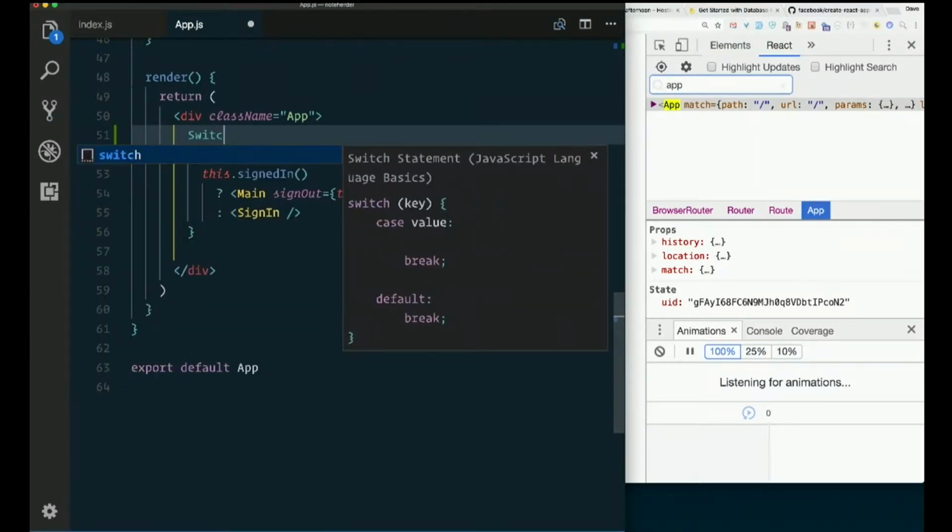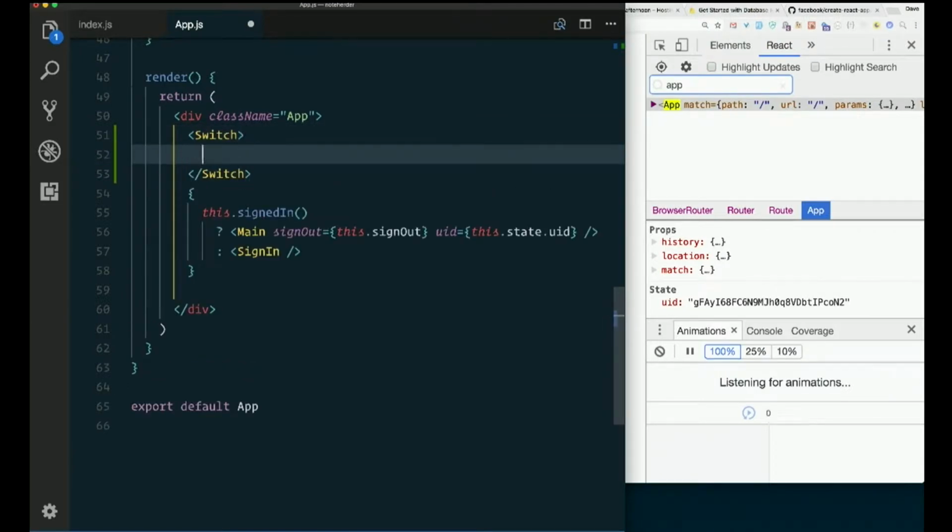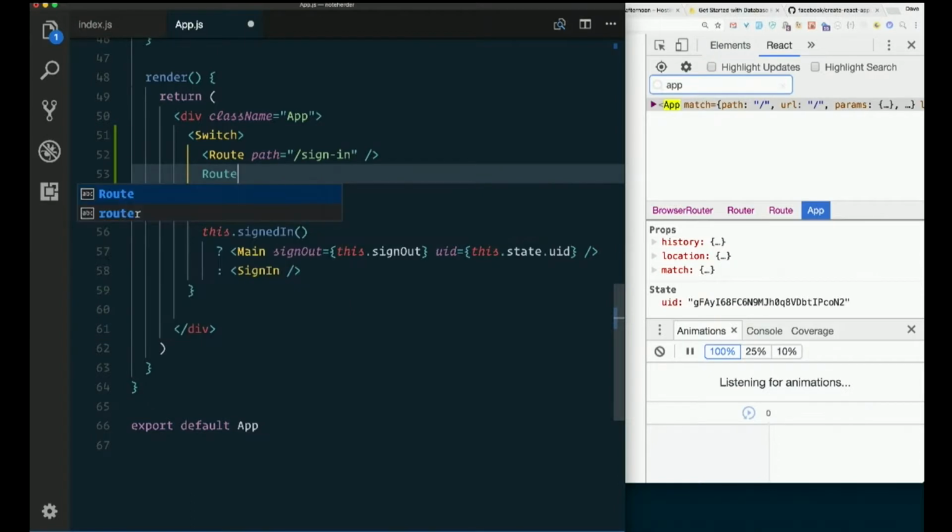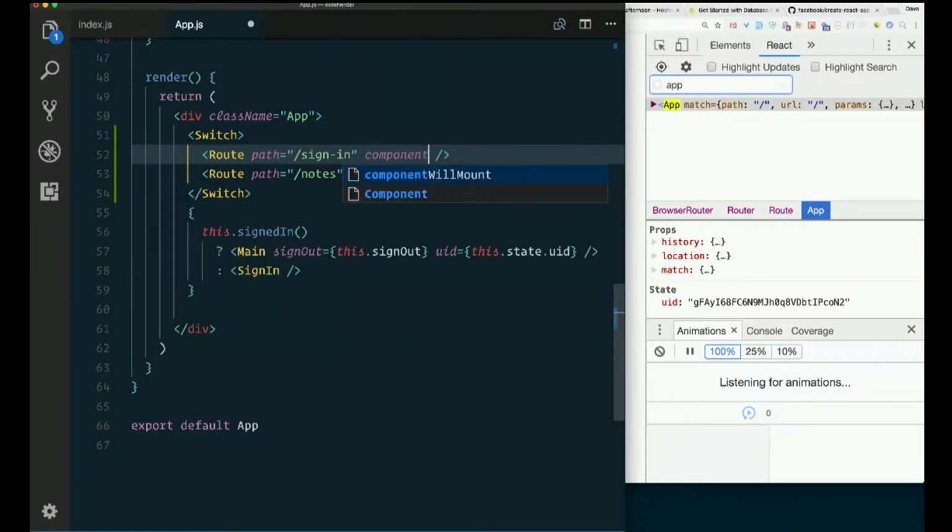And then we can put some routes in here, and the first one it finds, it's going to match, and then it's going to stop looking. So let's add a route. Path equals / sign in. Let's make another one, route path equals / notes. So this one will go to sign in,